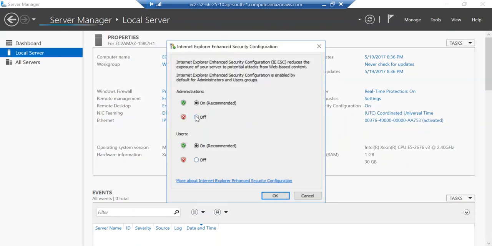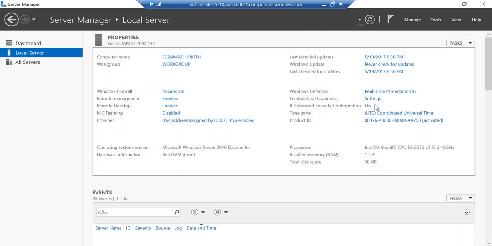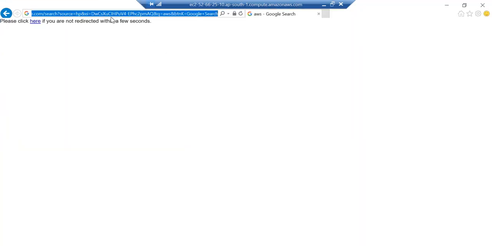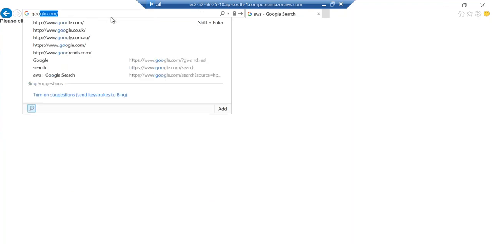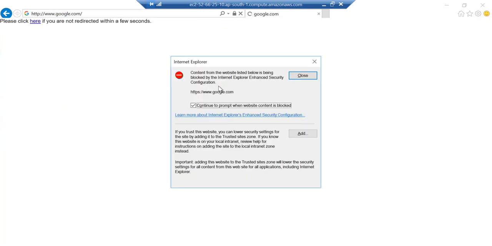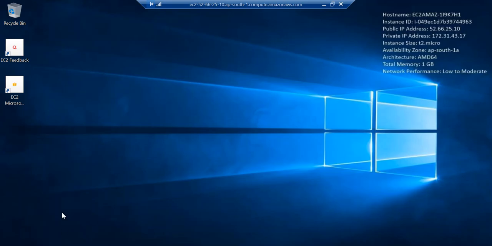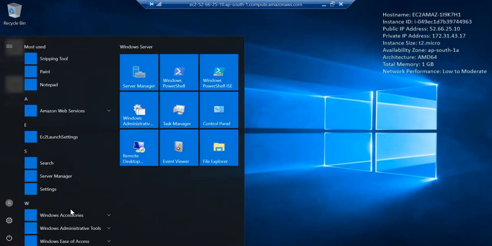Let's turn it off. Just wait until it becomes off. You can even refresh it. Just confirm it is off, and then close this one. Now we don't need it, and you can run internet very smoothly. There will be no issue at all, like if I say google.com. One thing you also have to do is close the browser the first time, and then open it once again.